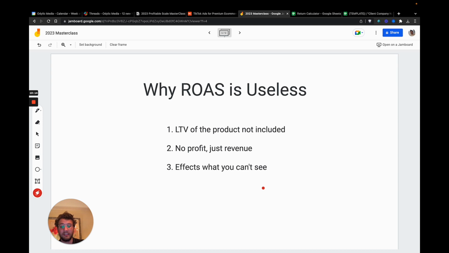And sometimes it's hard to see because platforms are not transparent at all with what is interacting with what, and order overlap and display overlap. There's all these things happening. But again, you can't be cutting ads just based off ROAS. You have to say, if I cut this, will this affect other campaigns? And not only will it affect other campaigns on the platform you're working on, but it will also affect campaigns on other platforms. So you could cut a Facebook ad campaign here at a 1x return, and now on Google,